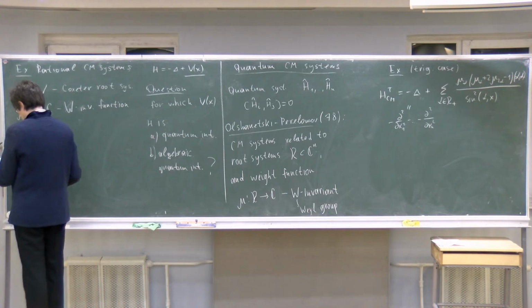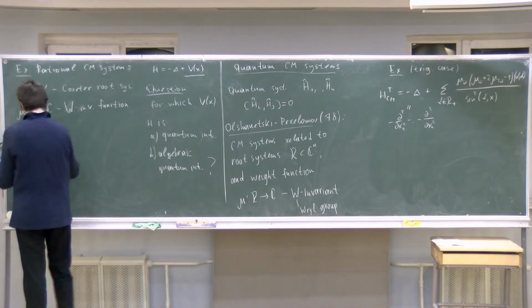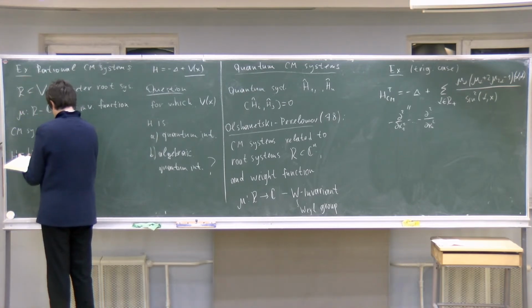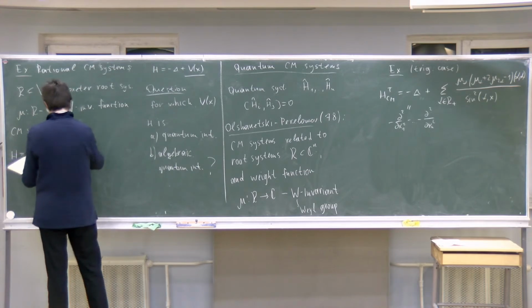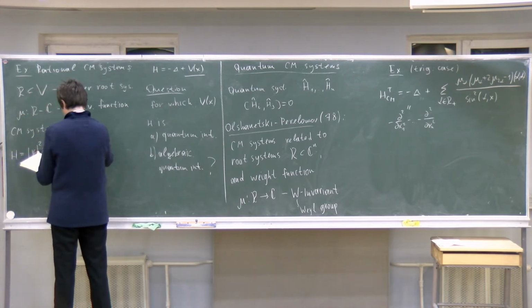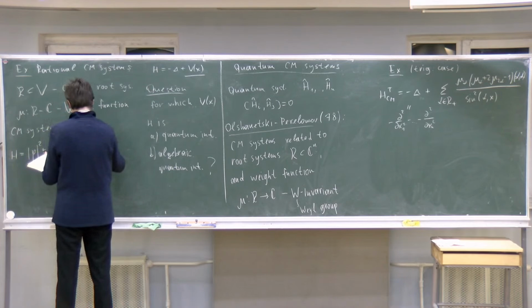Then we have the following Calogero systems. The first one is given by the Hamiltonian of the form p squared plus the sum over alpha of mu alpha squared